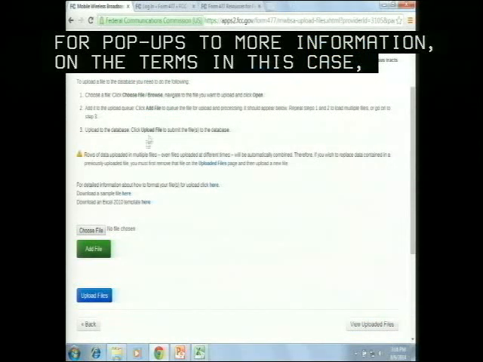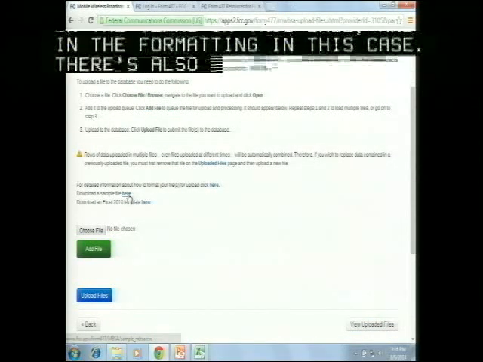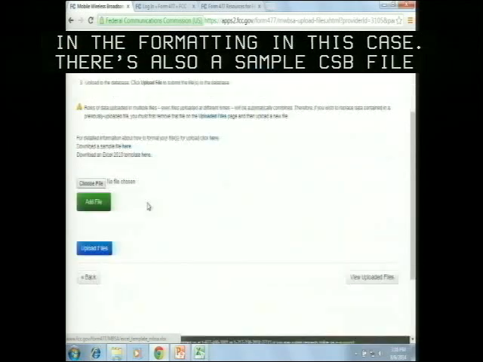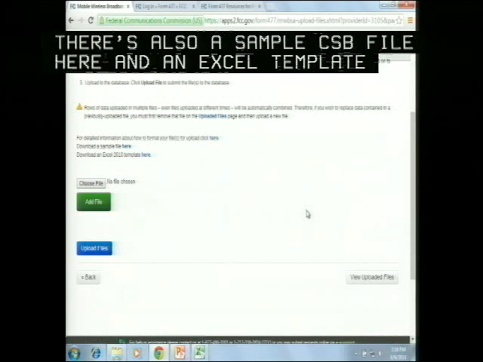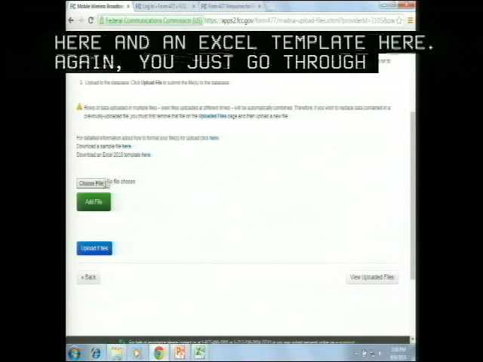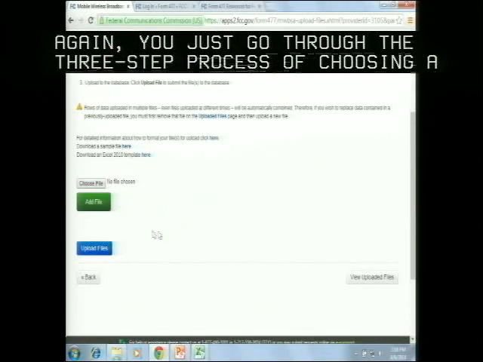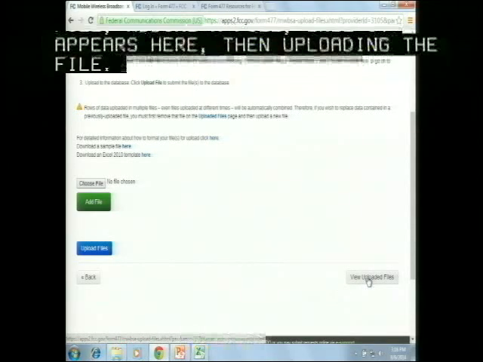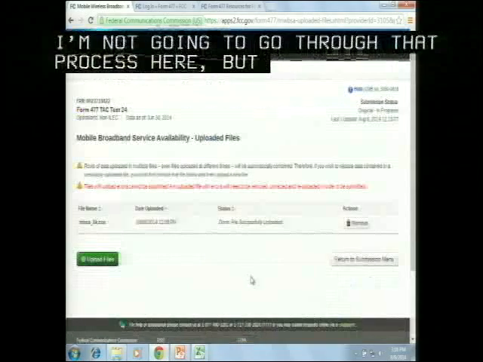And there's also a sample CSV file here and an Excel template here. And again, you just go through the three-step process of choosing a file, adding a file once it appears here, then uploading the file. I'm not going to go through that process here, but I will show you